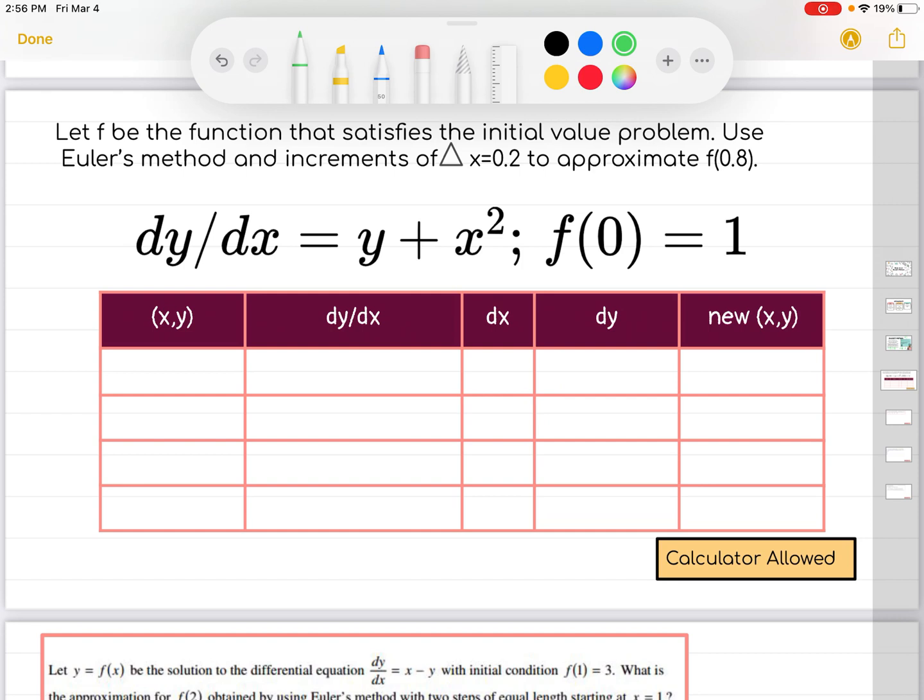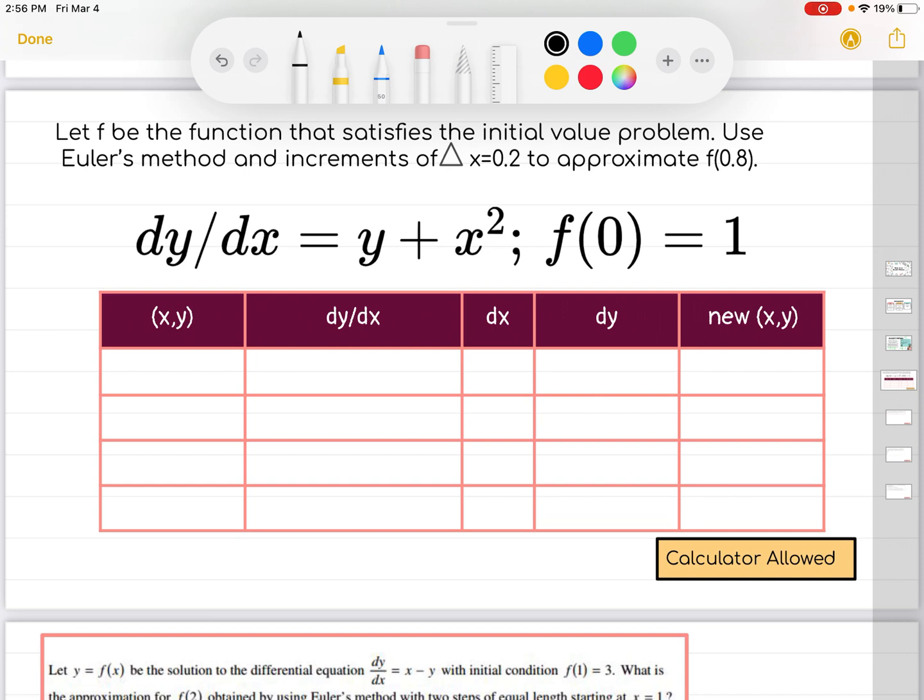F is a function that satisfies the initial value problem. So it's the solution to this differential equation, y plus x squared, where we have the point 0, 1 on our function. And we're going to use increments of 0.2 to approximate f of 0.8. So to start off,